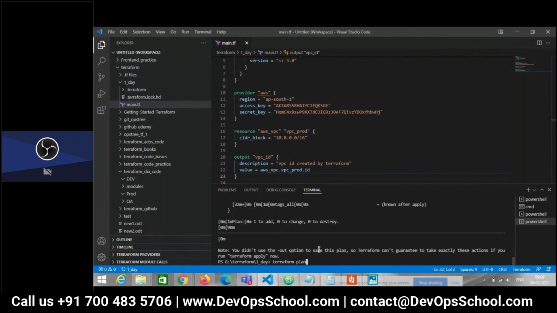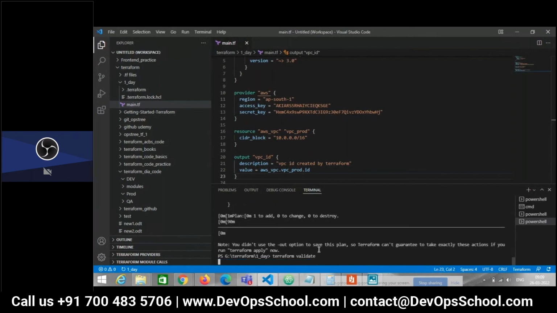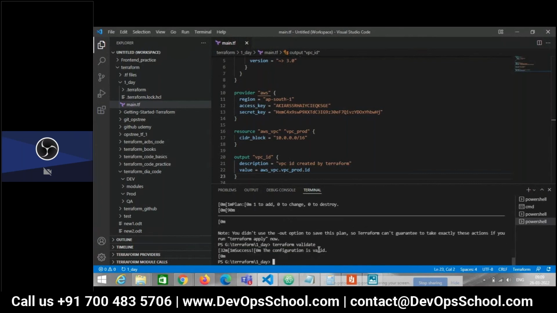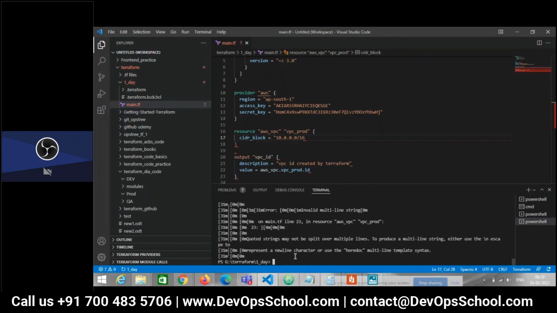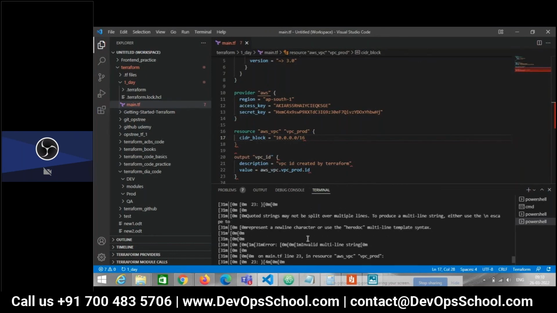Before Terraform plan, there is one more command which is Terraform validate. What it does, Terraform validate only checks for syntax errors. It never checks for the logic. These are two different things. I'm repeating it once again: Terraform validate only validates the syntax. How? Suppose I have missed double quotes here. If I run Terraform validate, it will show you